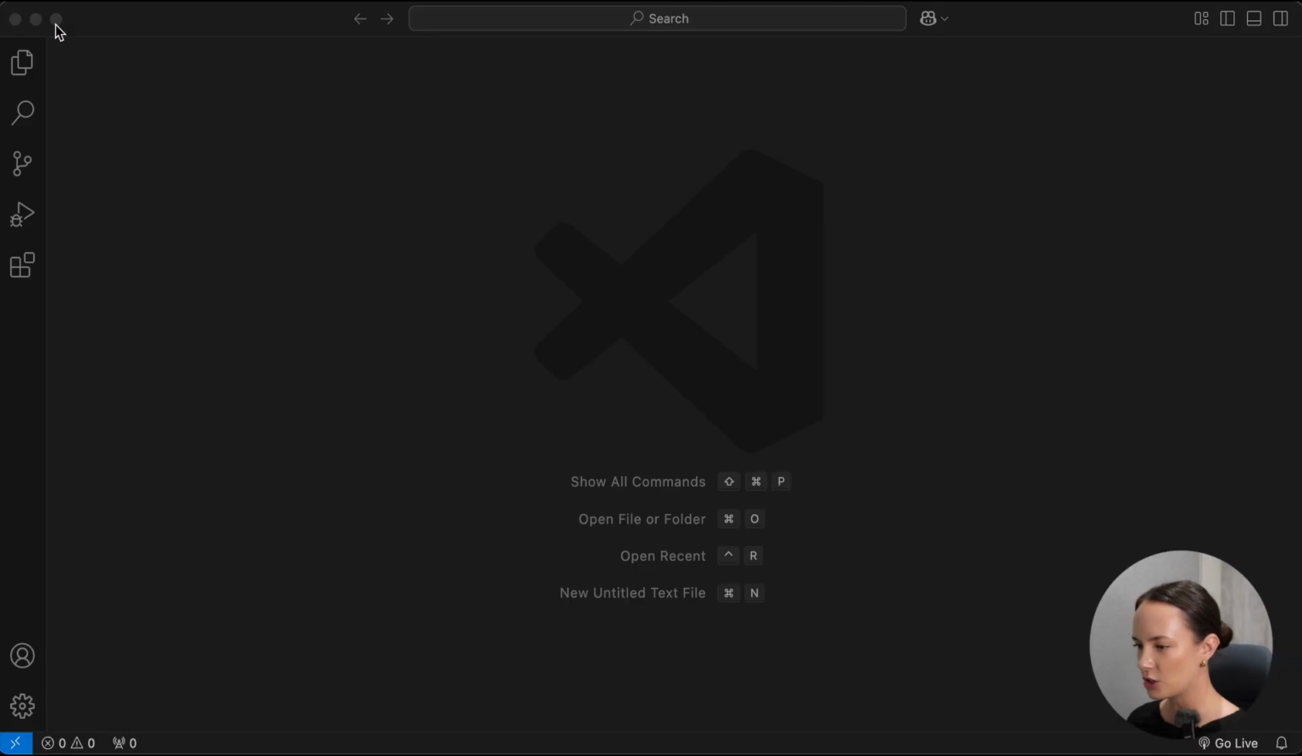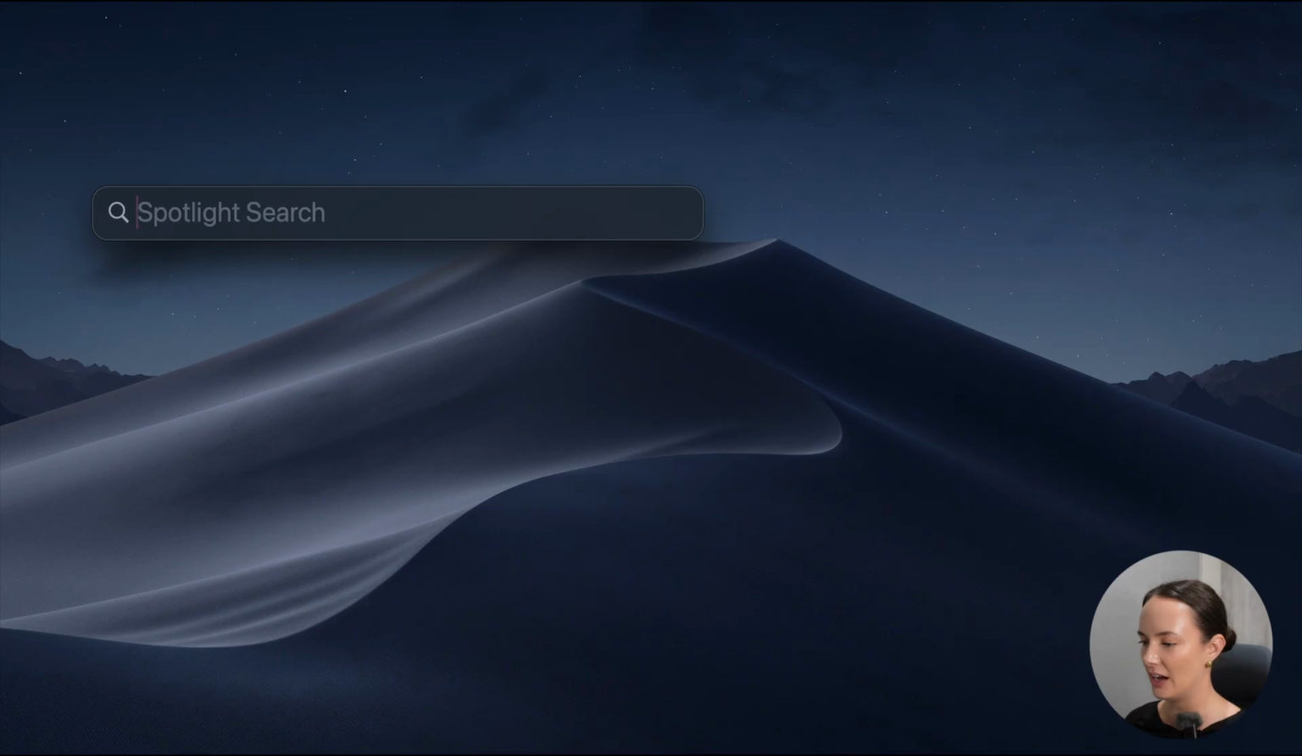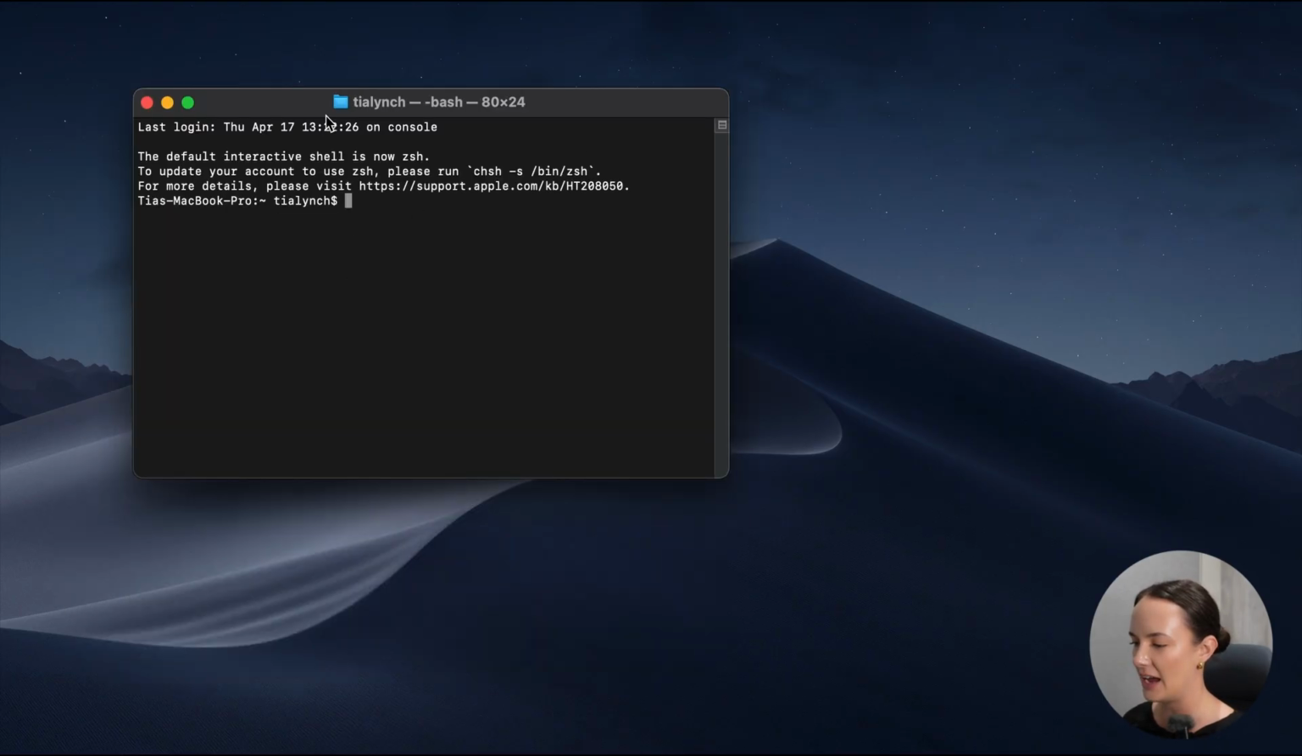Okay, so what we're going to do is I'm just going to minimize VS Code for now. So I'm going to start a terminal just using Spotlight. On a Mac, I'm just going to go terminal, and this means that I'm just using a terminal on my desktop. Okay, so the first thing I'm going to do is just check that